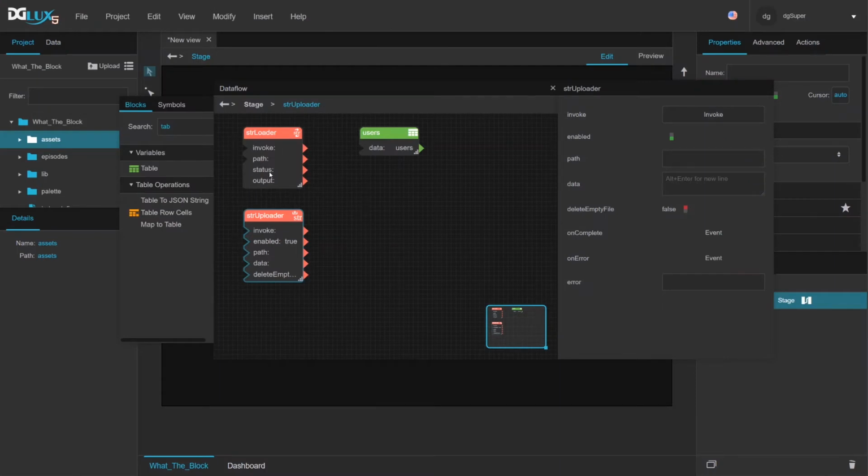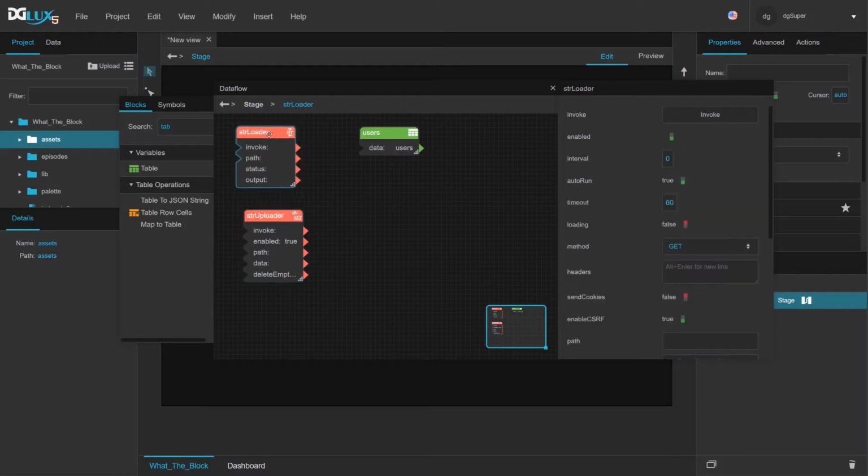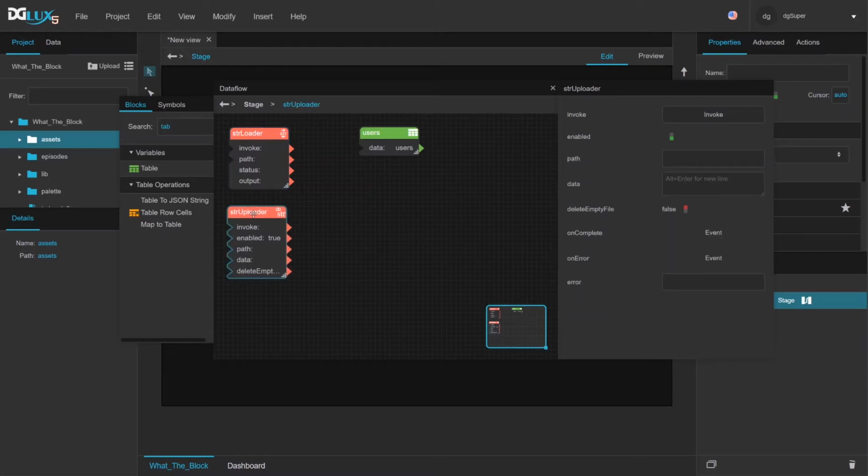This episode, we're going to be looking at a pair of complementary blocks, strLoader and strUploader. Now, we have covered strLoader in pretty great detail in one of the episodes of our longer series, Learn DGLogik 5, about making REST calls. But here we're going to look at a simpler use for it by reading and placing data into your project file